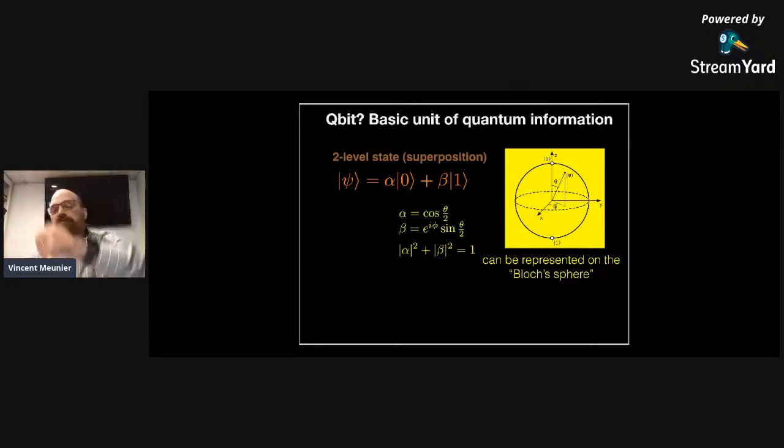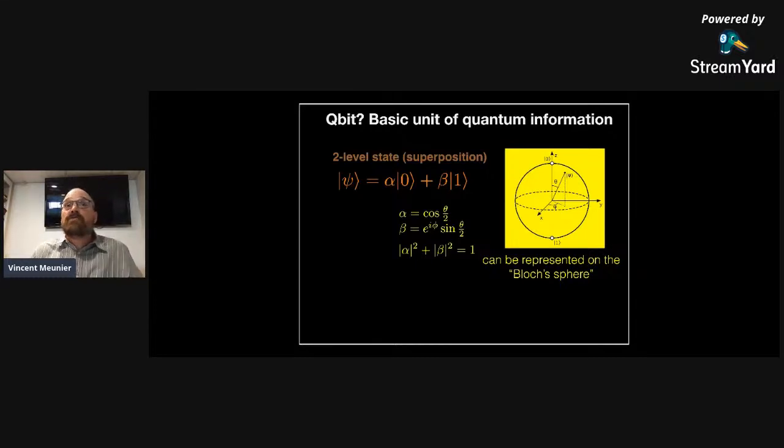So just so you understand why we work on a sphere, it is because all the points on a sphere will have the same length for the vector, right? And of course, the square of the length of the vector is the total probability, which of course we want to be 1. Why? Because we want to have the certainty that the state exists, basically. Okay, so this is why we talk about a sphere. And so you have two properties, the two angles, phi and theta, that you can use to see where the state is located on the sphere.